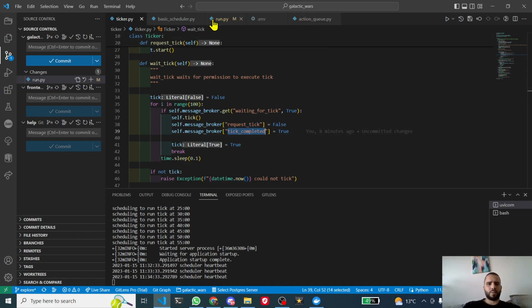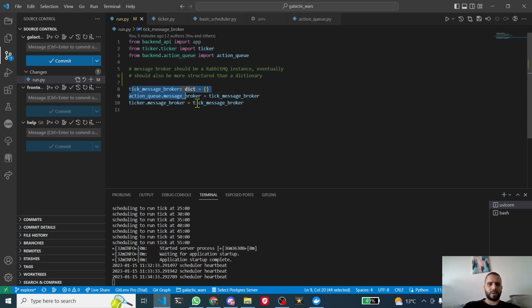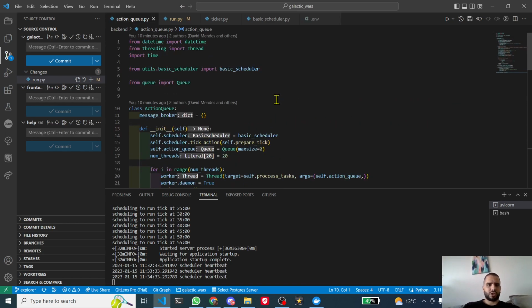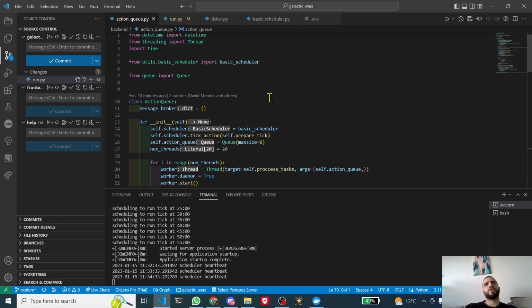Okay, and so if we go back to this run.py, we've got the message broker. We've already seen the ticker, so now we just need to look at this action queue. So the action queue is here. The action queue is what is listening to the user. So every time that a user does something, so for example, they explore, they attack, they build, it comes into